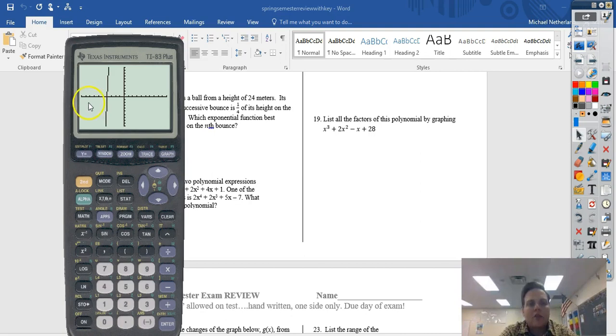Alright, I guarantee you it crosses the graph more times. We can't see it, so I'm going to go to zoom 0, which is also called zoom fit. I can tell you guys it should have crossed the graph about 3 times because this has the highest power of 3. And I've only seen it cross 1 time, so I should see a couple other